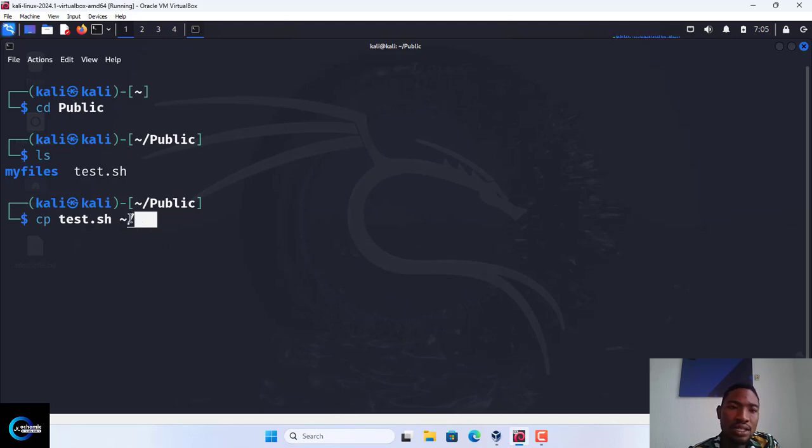So where are we sending it to? We want to send it to desktop. We want to copy it to desktop. So copy and paste it. Since it didn't give us an error, we are sure that you have already done it. So if you want to view it, you can say ls